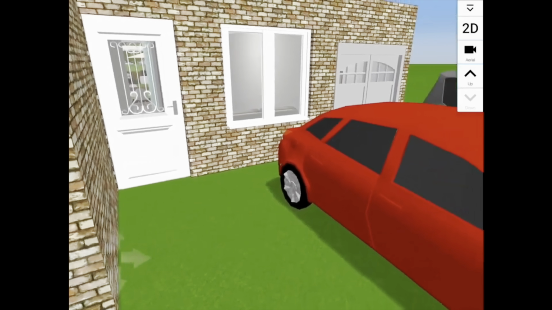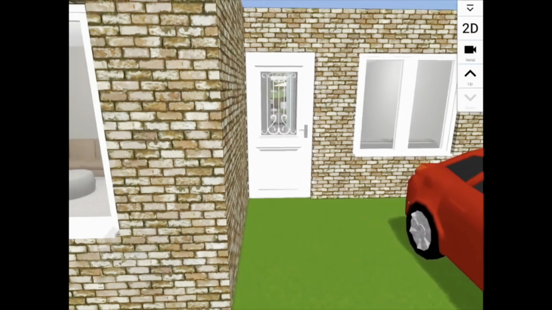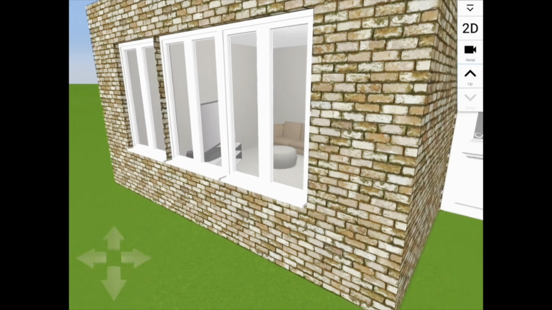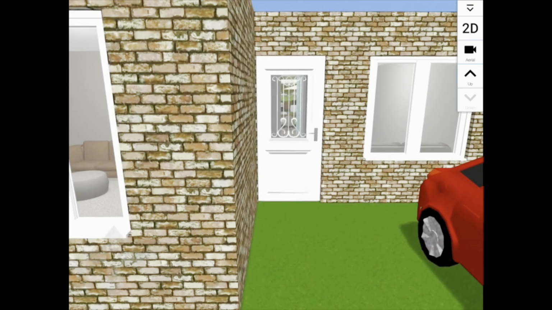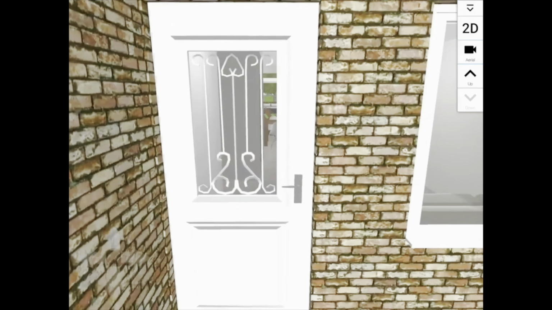Now I think this is really helpful because it's not as great as virtual reality that you can get if you pay thousands of pounds for an architect, but this is something you can do yourself and have a bit of a play around with, and we've used this on every single renovation, and when we've made changes midway through as well, once you see the space you can change bits and pieces. So let's go in. So we're going through the front door,